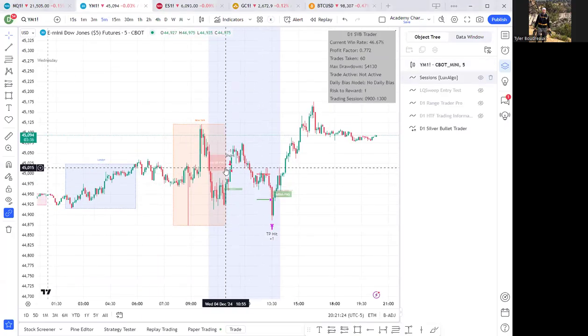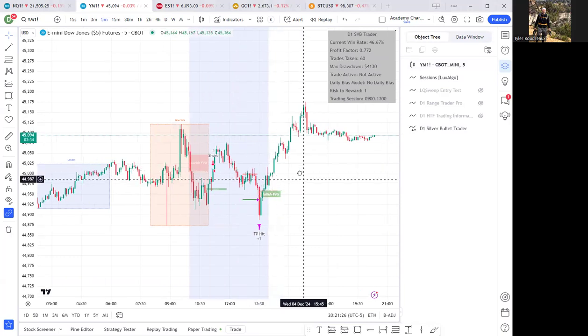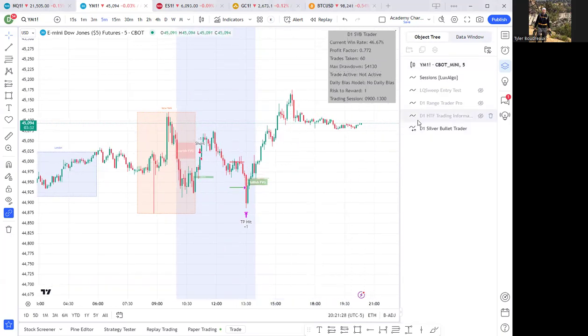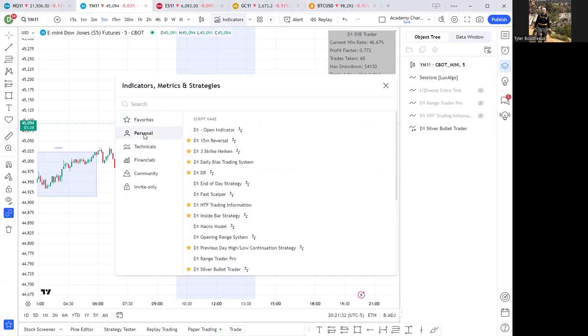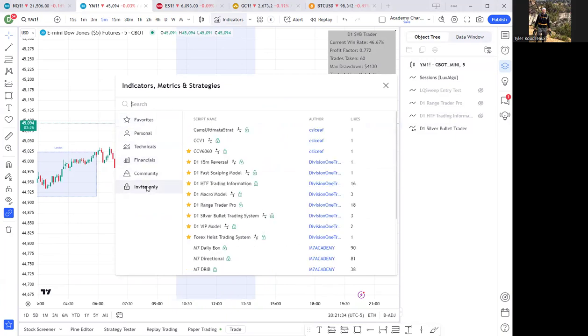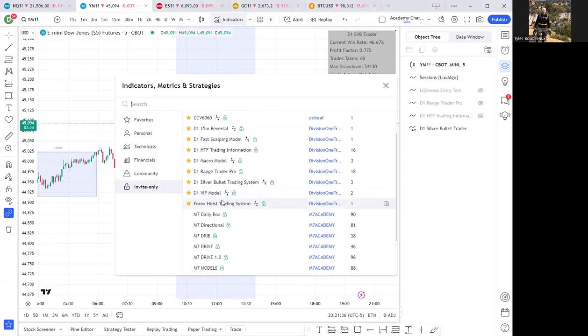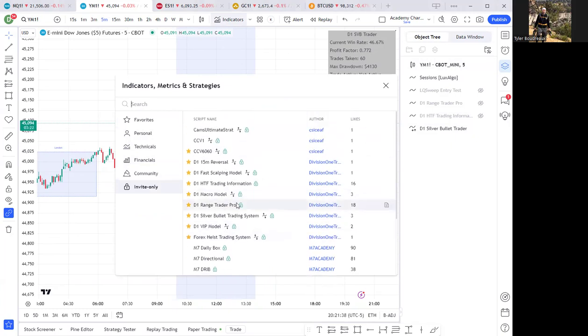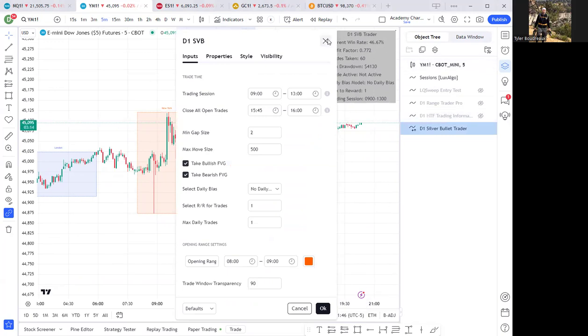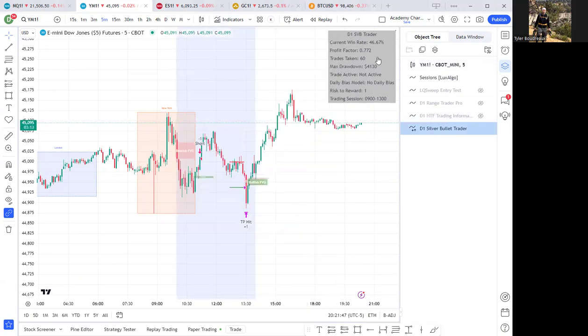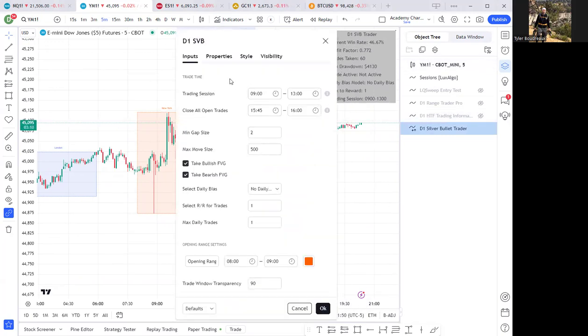So, covering the Silver Bullet tool and how to set it up. If you don't already have it, go to indicators, and it should be in your personal or your invite only indicators. And then you could look for it. It should be the D1 Silver Bullet trading system right there. Once you click on that, it'll put it in here. And you can either double click on that or double click on this area here, and it'll pull up the